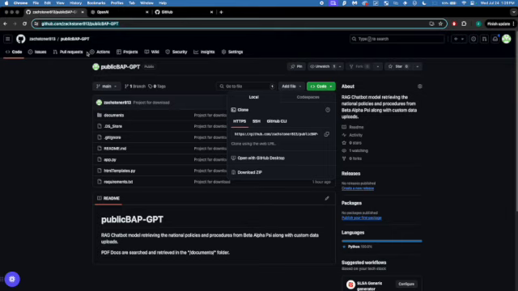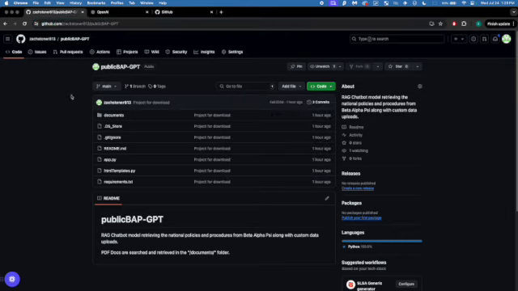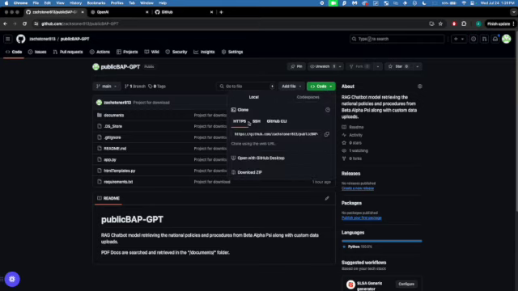//x.air13/public BAP-GPT, and the page is going to look exactly like this. What we're going to do from here is go to this bright green code button, click that, and copy this URL, which is the exact same URL that's up here. Next thing we are going to do is